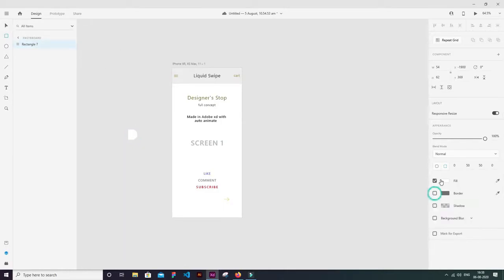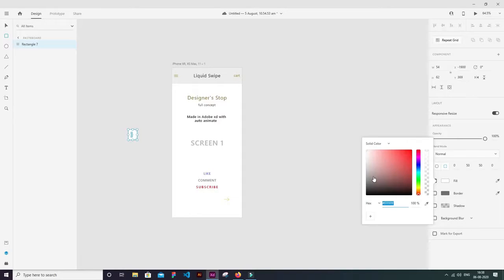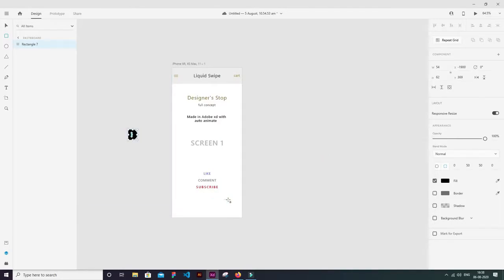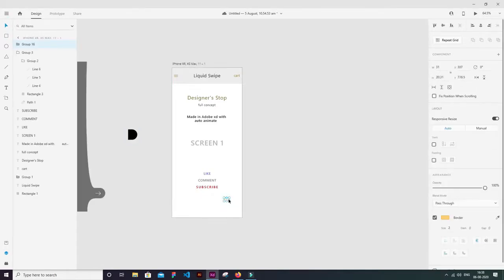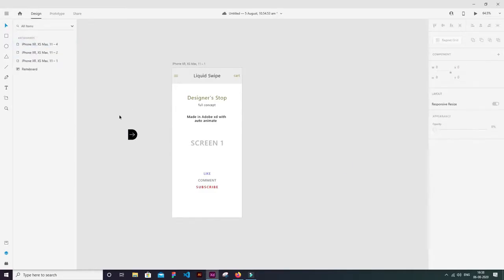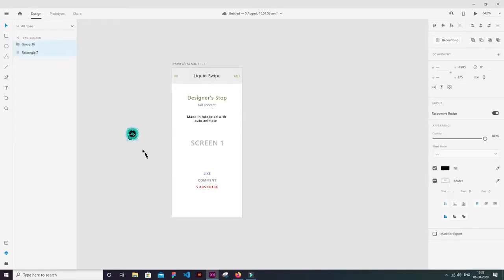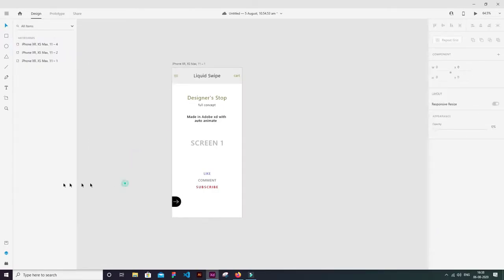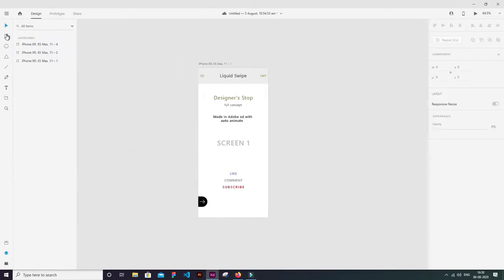And let me remove the border, and I'll give this a black color, and I've copied this arrow over here, and I'll bring this over here and make this a little light color. So I'm going to place this over here, and now I'm going to make a rectangle.